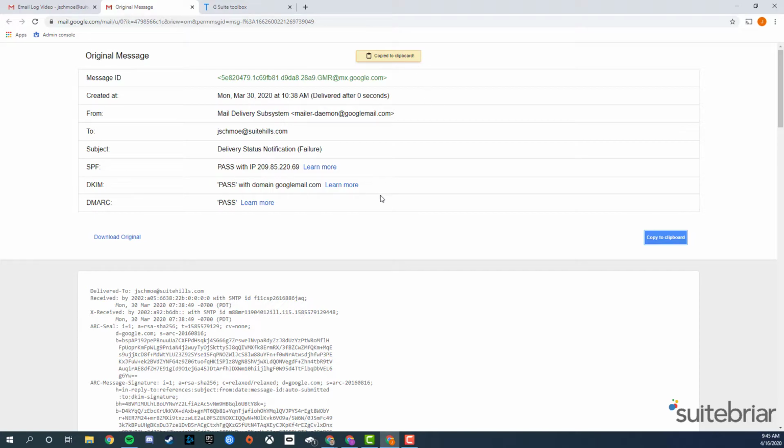If you're looking to submit your email header to support, paste what is copied to your clipboard into a notepad text file, then attach that file in an email addressed to helpdesk@suitebriar.com. If you're looking for more information about the email and to analyze the header, browse to